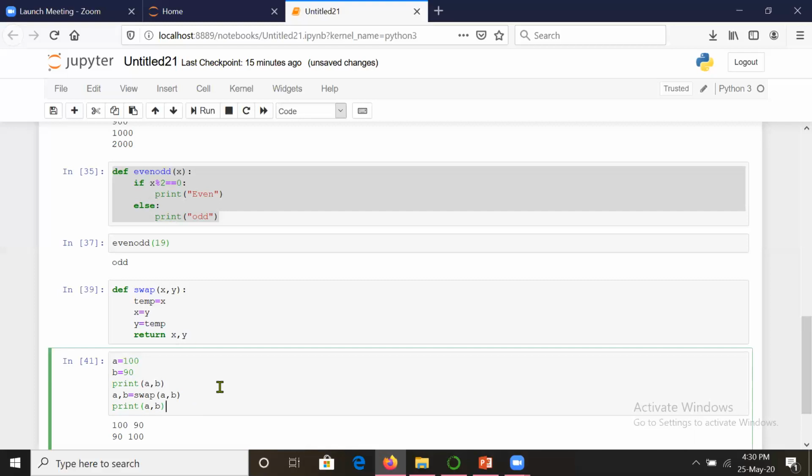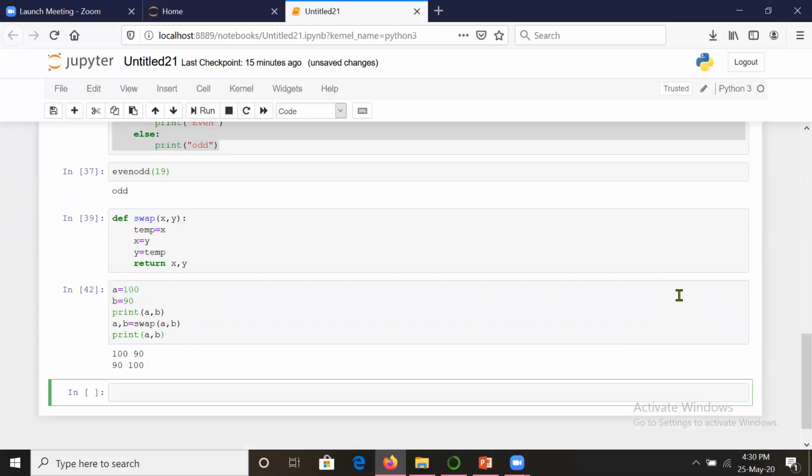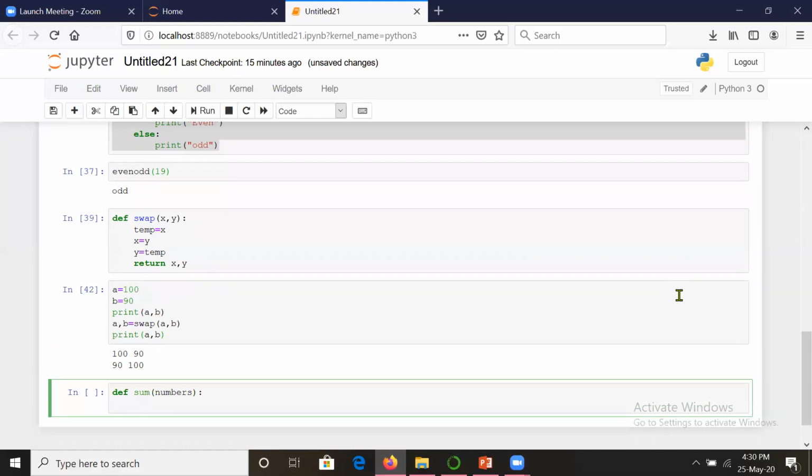Suppose I say that, as you have seen, you can send multiple values. So let us write a function which will be summing up the multiple values. Suppose I write numbers. Numbers are actually many arguments. Suppose multiple numbers. Numbers is a list of multiple numbers.